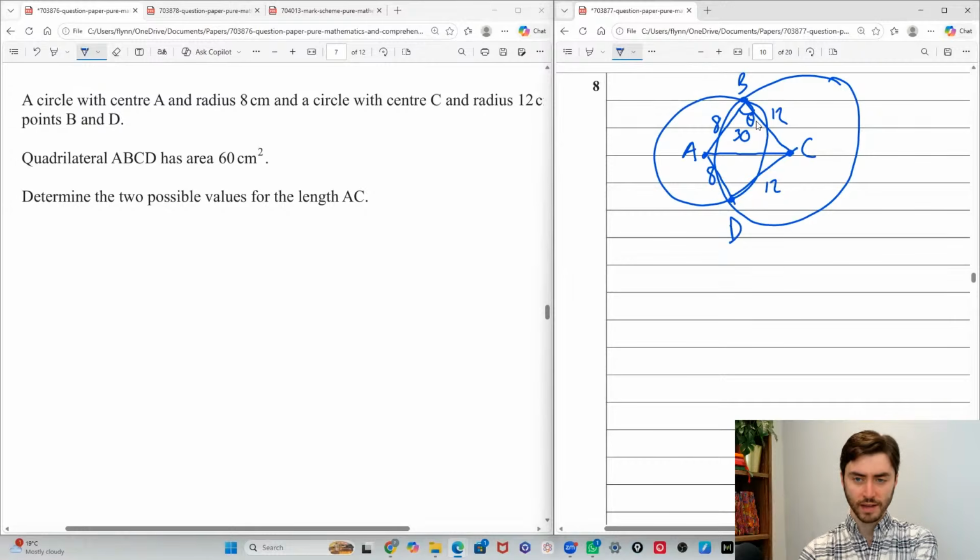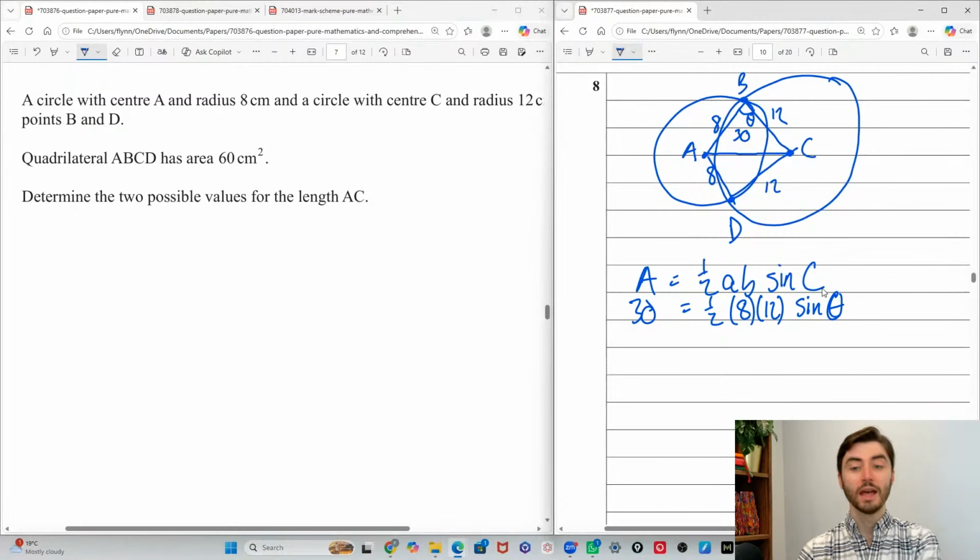So that theta, because remember, the area of a triangle is a half AB sine C. So the area of the triangle is 30, is a half times 8 times 12 times sine C, or in